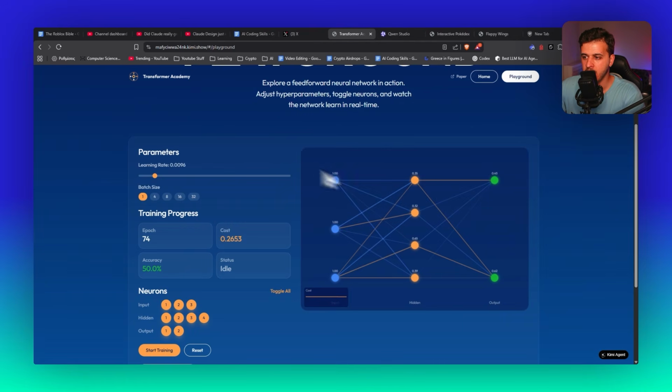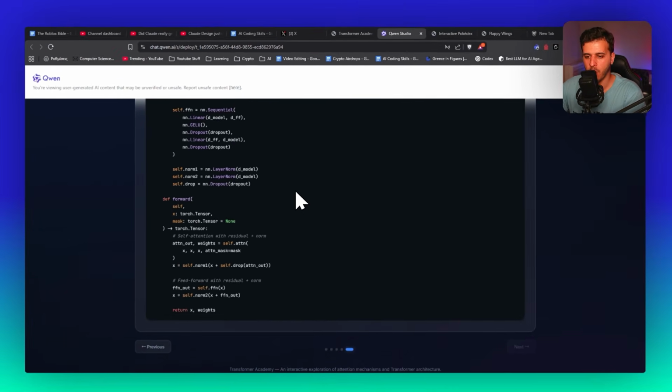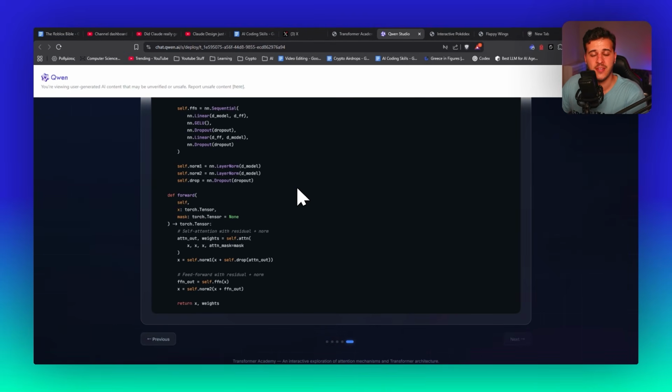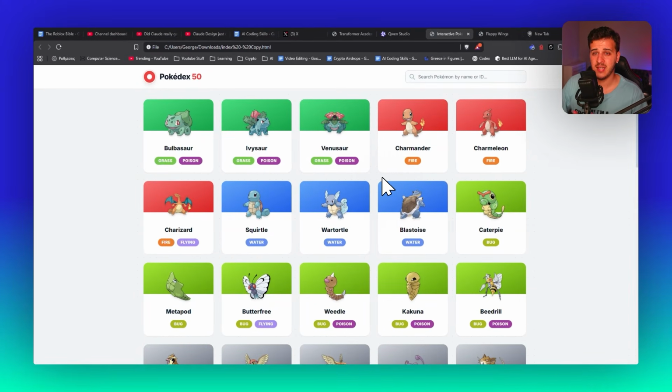I gotta say, the approach of Kimi is more hands-on. Qwen is more like presenting information and showing you simulations. I like both of them, but I want to demonstrate to you the differences between those two models. Then we have created an interactive Pokemon Pokedex webpage, and